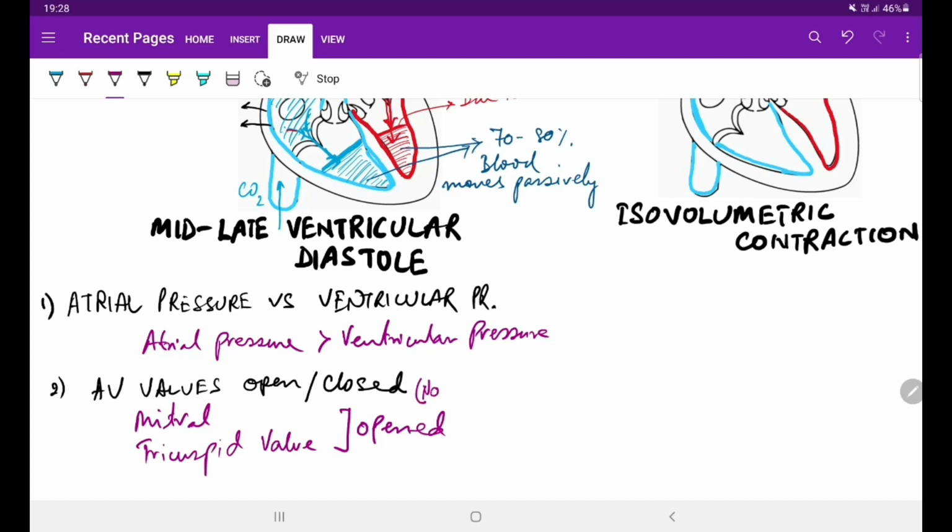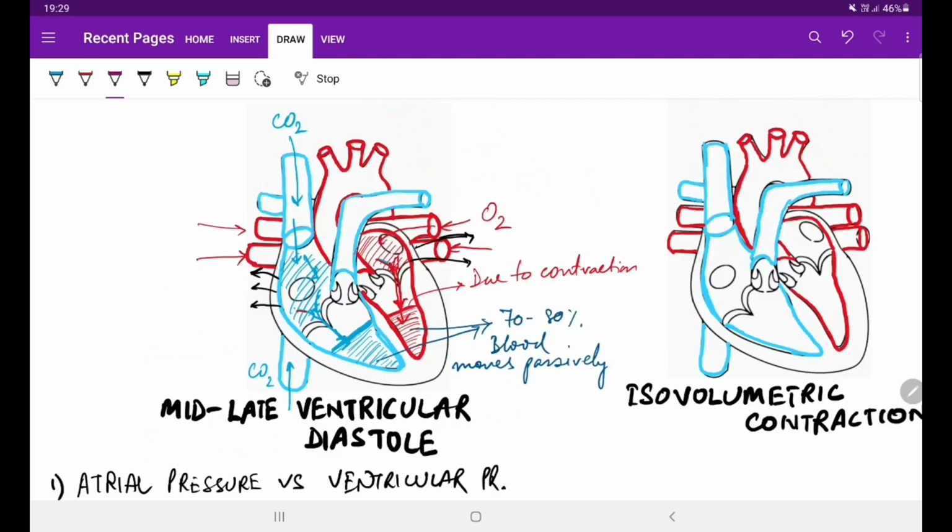Next thing we will discuss in this observation table is that, as the blood flows into the ventricles, there is no sound produced because the valves are opened up because of the pressure exerted by the atria. Opening of valves does not produce any kind of sound. Let us see what happens to the pressures in the ventricles.